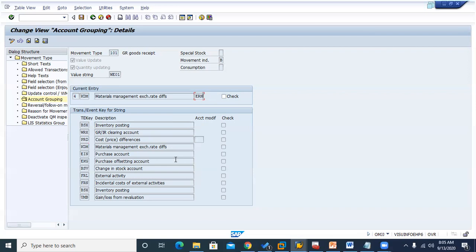But in our case, there's no exchange rate, so this is not going to affect anything. It's actually a dummy for us. Not only that one, the other one is also going to be a dummy, because FRL and other things we have not used, any freight or any other one also we have not used. So these are not hit at all. So here presently only 3 accounts are hit. So that you have to understand.